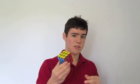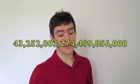So now we come to the question, how many possible combinations are there on a Rubik's Cube? Well, the equation for it is kind of complicated. You take the 8 corners, and each one has 3 different ways it can be turned, and the 8th one is determined by the other 7, and then the edge pieces all have certain rules. But after you put it all into the equation, you come out with, hold on, I wrote this down, 43